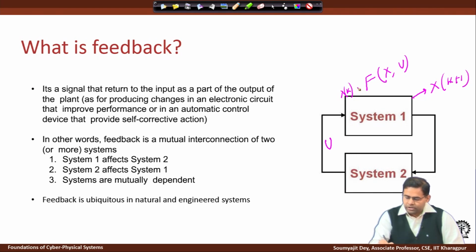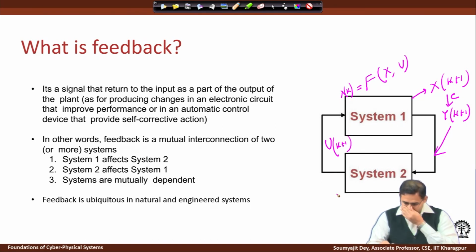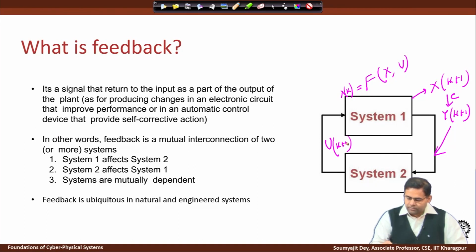I am writing in a discrete sense here, and this is being acted upon by some c, and that gives you y k plus 1, which is used by system 2, which is the controller, to generate a u k plus 1, and then this u k plus 1 and the current x k plus 1 would be used here in this system to generate. So, earlier it was x k, using this equation I got x k plus 1,